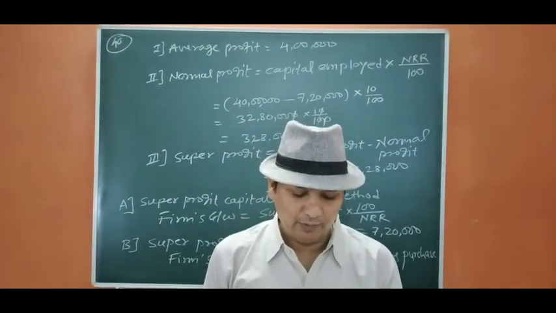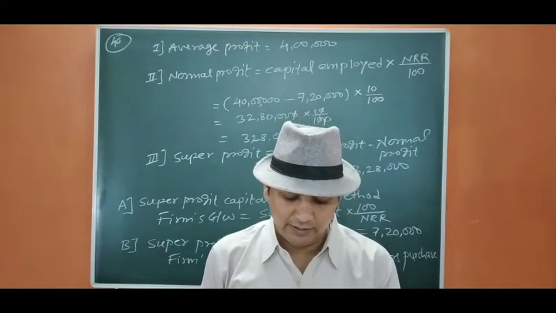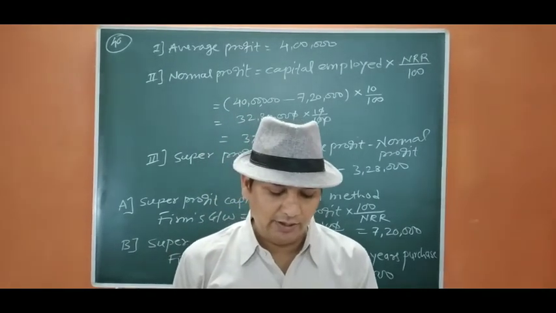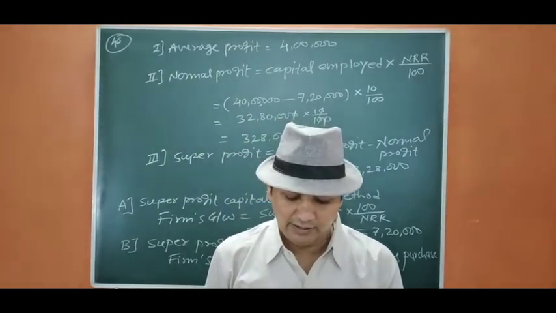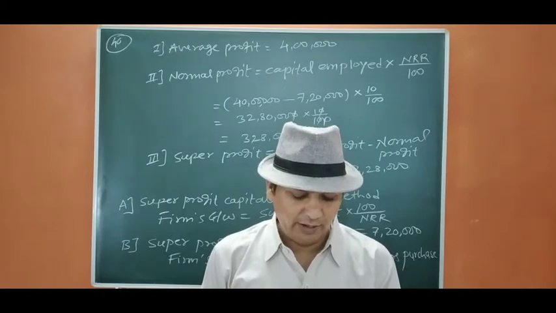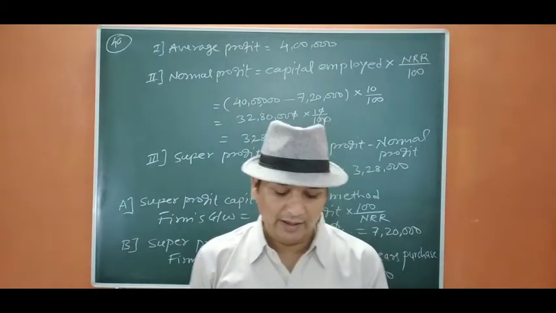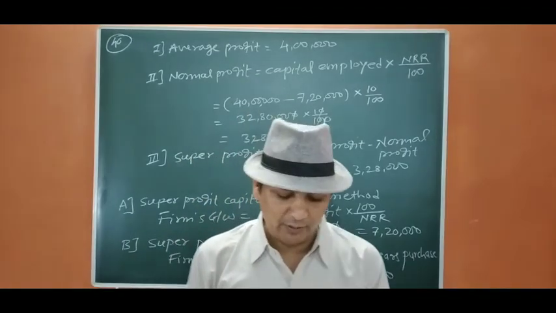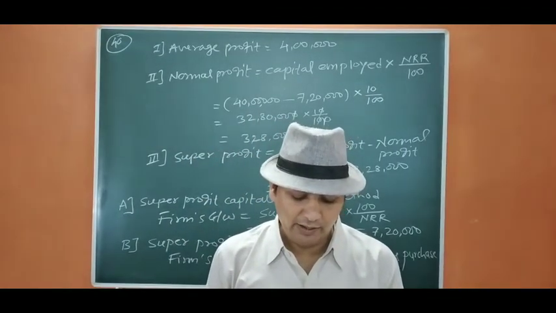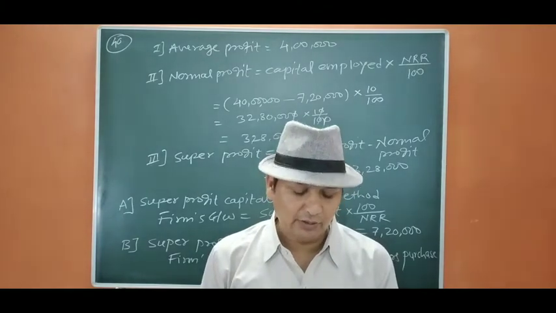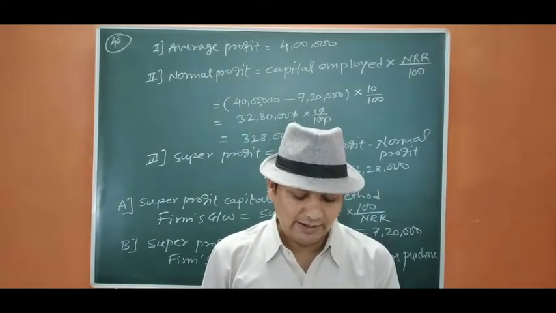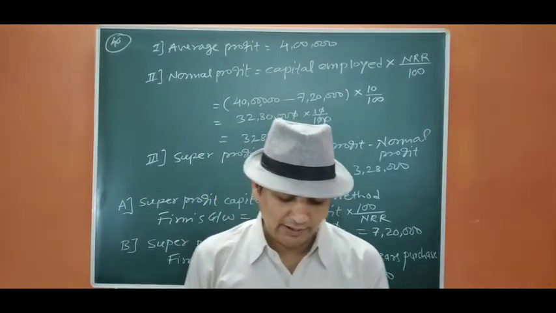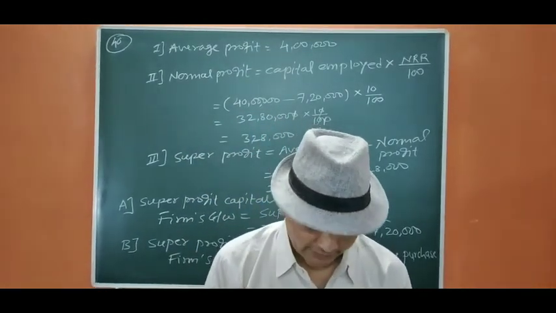A firm earns profit of 5 lakh. Normal rate of return in a similar type of business is 10%. The value of total asset excluding goodwill and the total outstanding liability as on the date of goodwill are 55 lakh and 40 lakh respectively. That means 41 lakh will be capital employed. Calculate the value of goodwill according to the capitalization of super profit method as well as capitalization of average profit method. By both the methods we are going to calculate it again. So let us start.